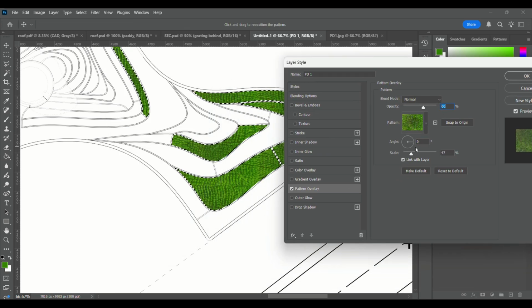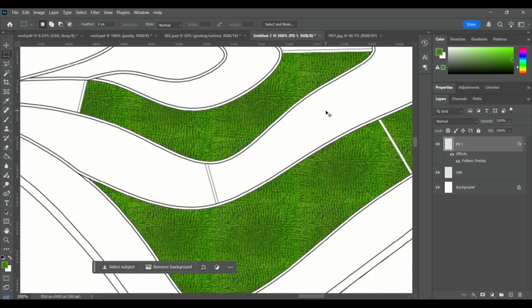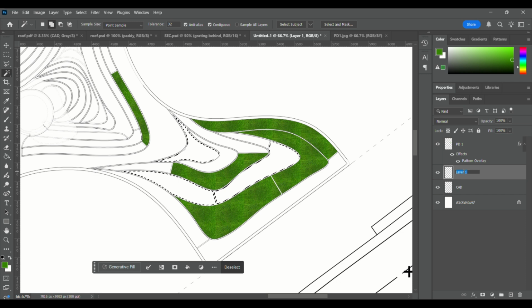So we can go back to it and then edit the scale on the side. As you can see, it's very quick. Rather than adding a color, you're just overlaying a pattern where it gives a bit of a texture to the plan, and we'll repeat that with a different shade,